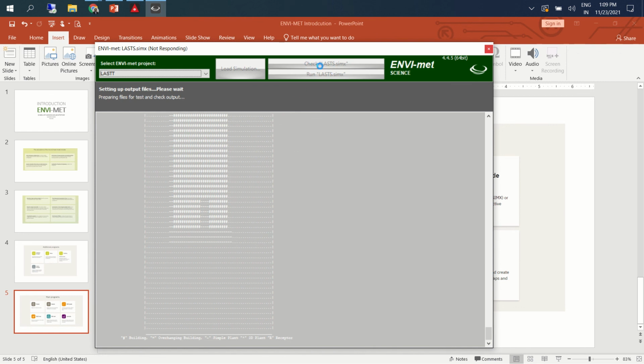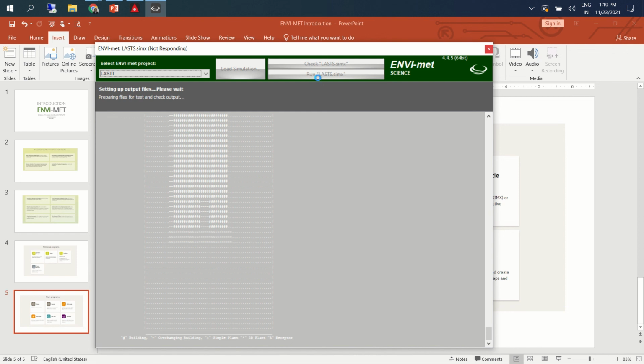Once you click on check, if you have done the project, model and simulation times correctly, there will normally not be an error. If it is showing an error, you may have to check and modify that, and then come back here and click on run simulation.